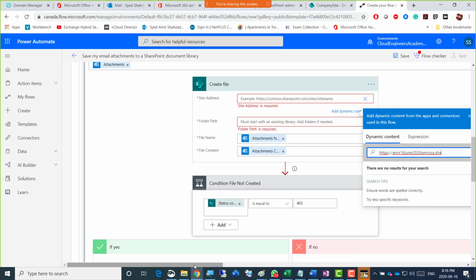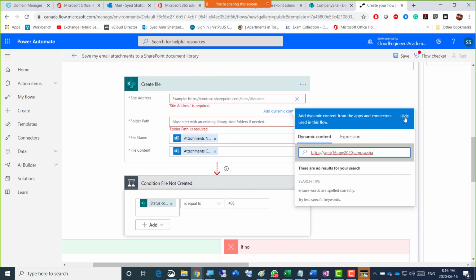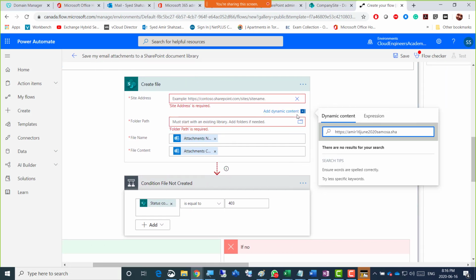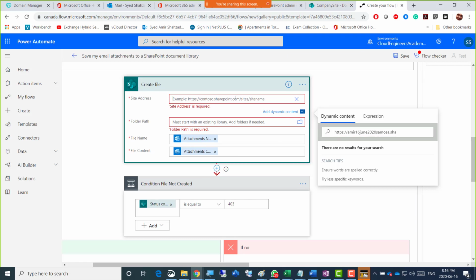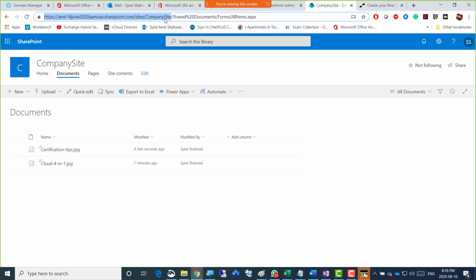I think I'm not giving the full address, so I'm just going to put that quickly here. No, I just want to put the site address here, and that is https site/site name. So if I go to the site here, the site name is this company site, right? So this much I have copied here, and this is what it's supposed to take.